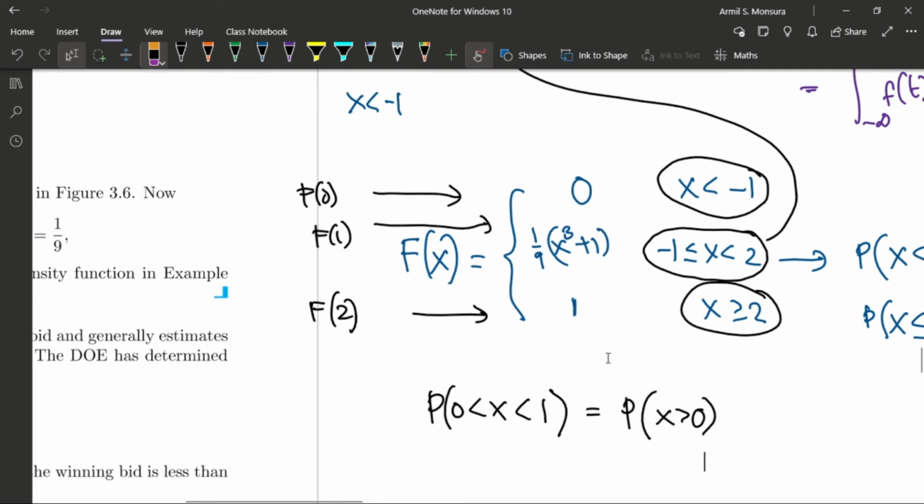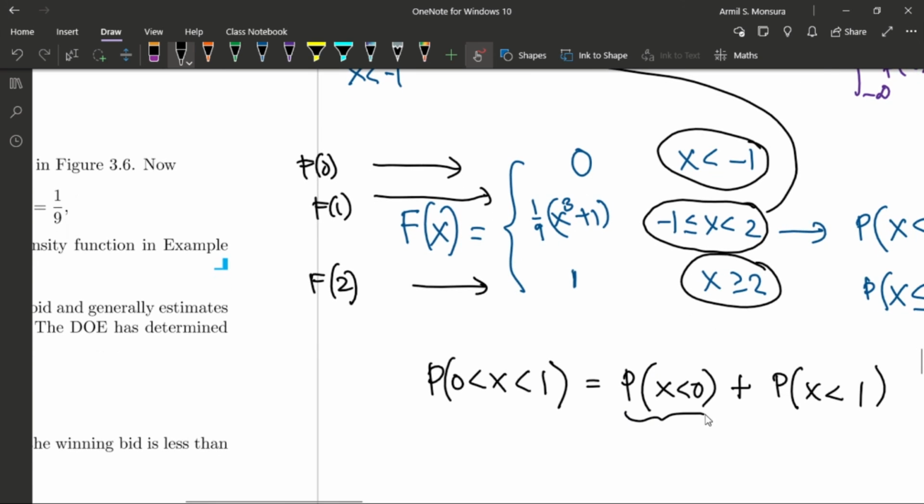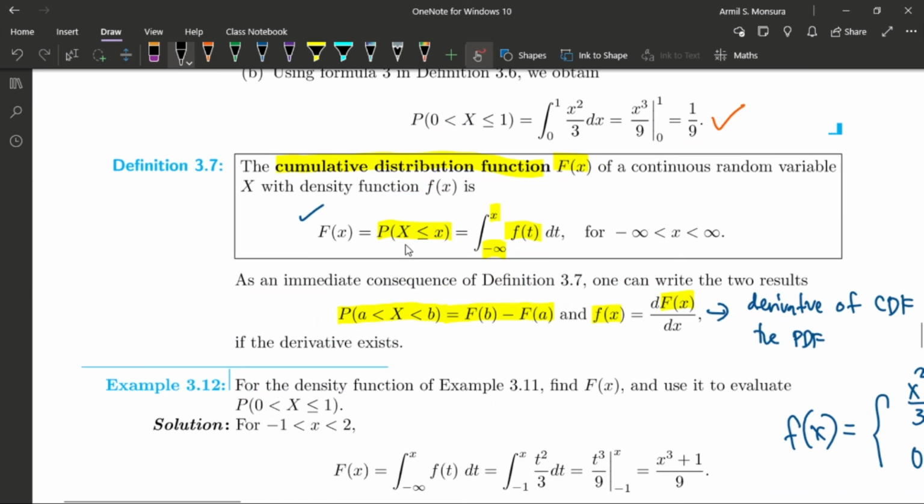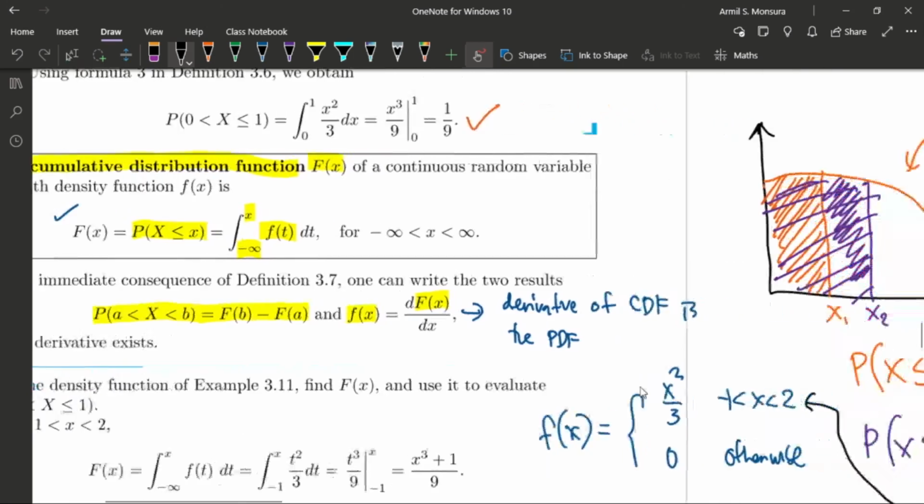Your probability that your x would be less than 0, okay, plus the probability that your x is less than 1. Okay, so that's the probability that we are looking for. And in this case, the probability that your x is less than 0, by definition of your cumulative distribution function, okay, is f of 0. Okay, so this is